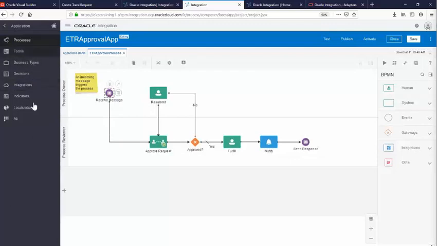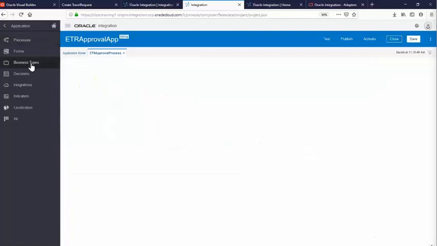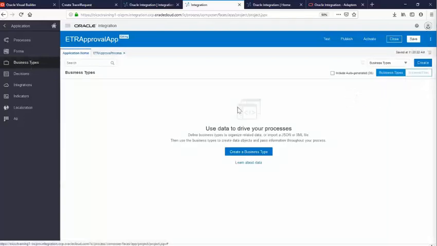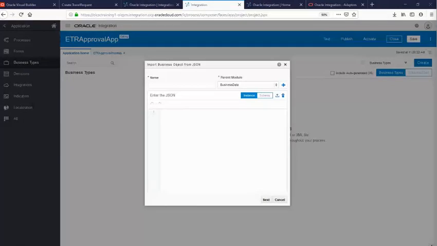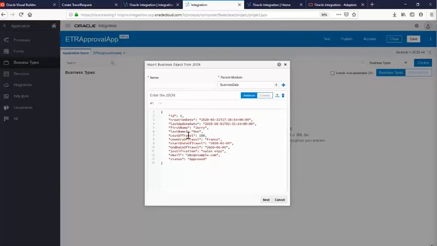So every process application has a few artifacts that the process application uses. For example, if you have data objects in process automation, you need to create business types here. In this case, we can create a business type from a sample JSON here. Let's use a sample JSON to create a data object. Let's save this as ETR travel request type. Okay, and I go next,